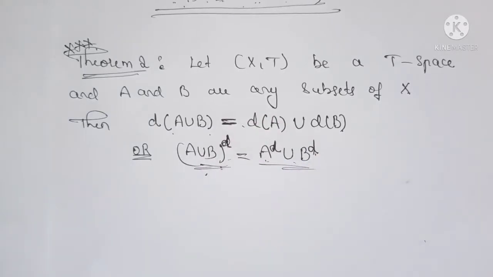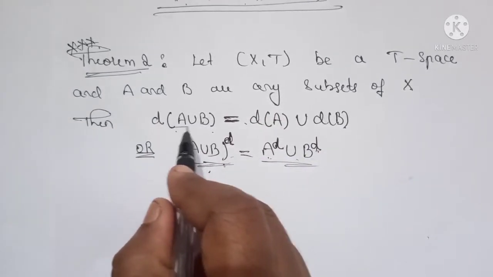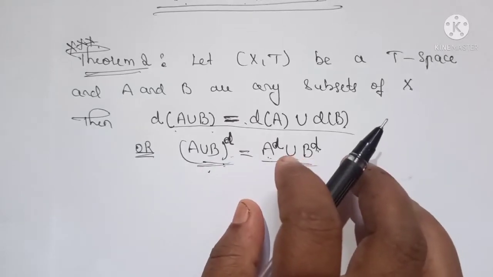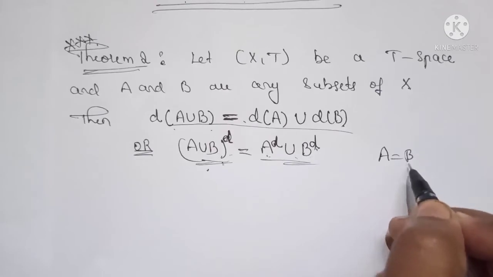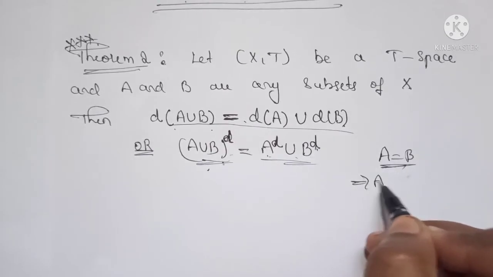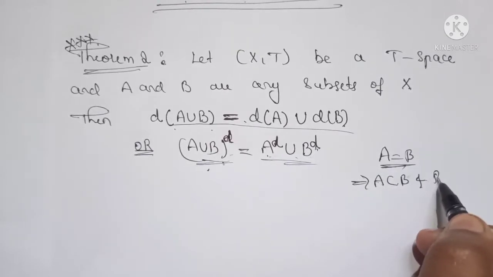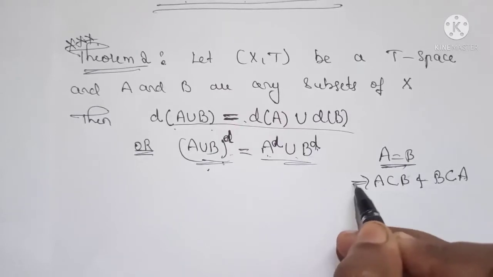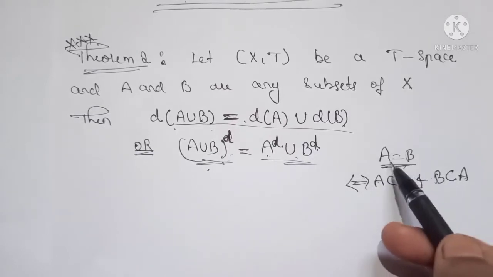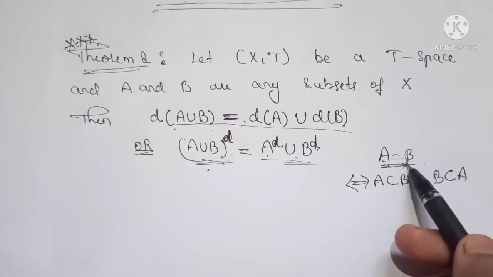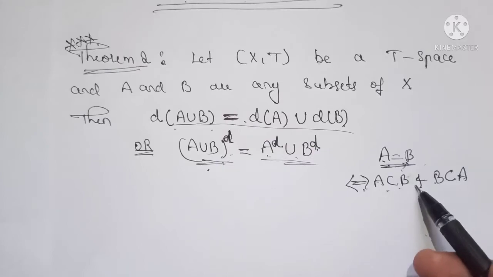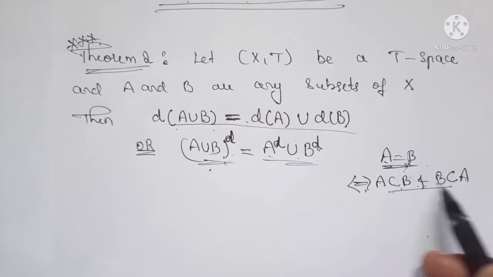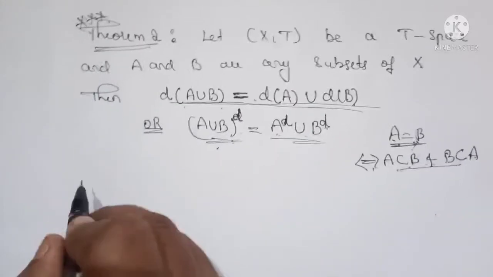Okay, so to prove that any two sets are equal, we have to show that, for example, if A is equal to B, it implies that A is a subset of B and B is a subset of A. So it is a double implication. Two sets are equal if and only if A is a subset of B and B is a subset of A. So in order to show this, we have to show that